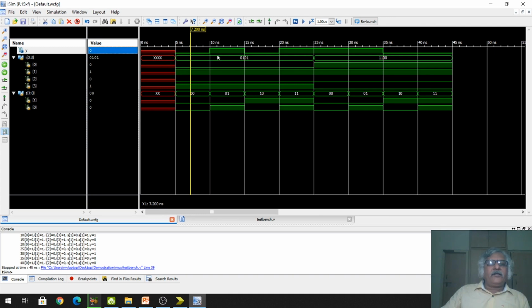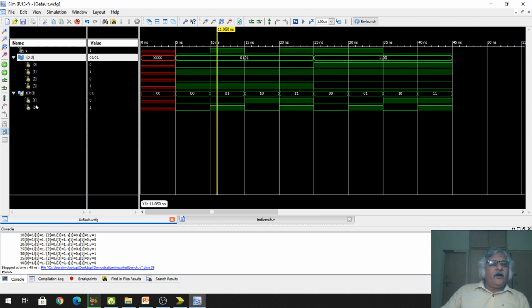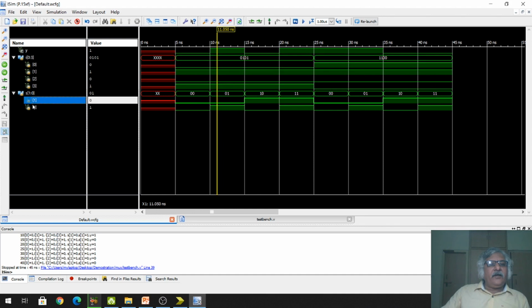Okay. We check the next condition. Now you see what is the value of the select line. S0 is 1, S1 is 0. See here, S0 is 1, S1 is 0. This means the value of I1 will be transferred to the output. So what is the value of I1? I1 is 1. So check your output Y, it is 1.